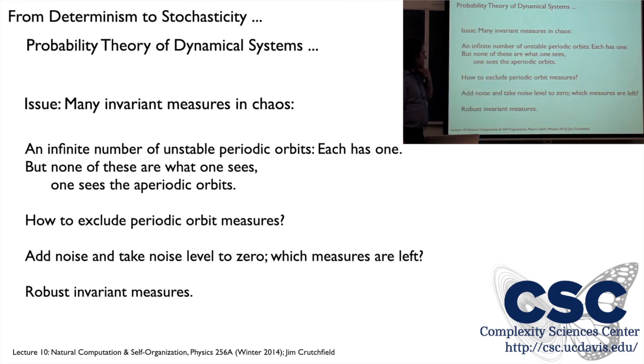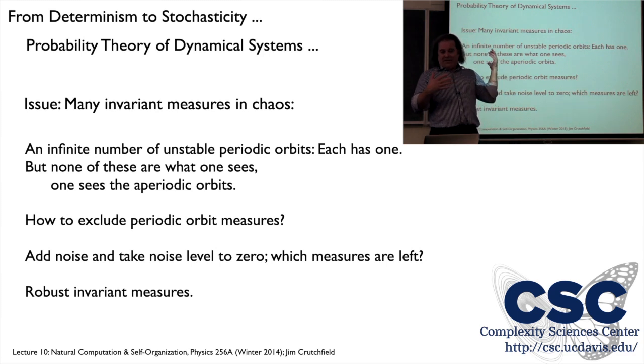One of the ways that you can select out what's now called the natural measure, for any mapping like this, any dynamical system, there'll be an infinite number of invariant measures. And you'd like to know what's physically relevant. Well, what you can do is add a little bit of noise. In each iteration, you add just a little bit of noise, arbitrarily small, and that will destabilize the system if it is sitting on one of these invariant measures on a periodic orbit. Any small variation will knock it off, and then you'll start to see the so-called natural measures, the ones I was showing you, that fill out the full interval.